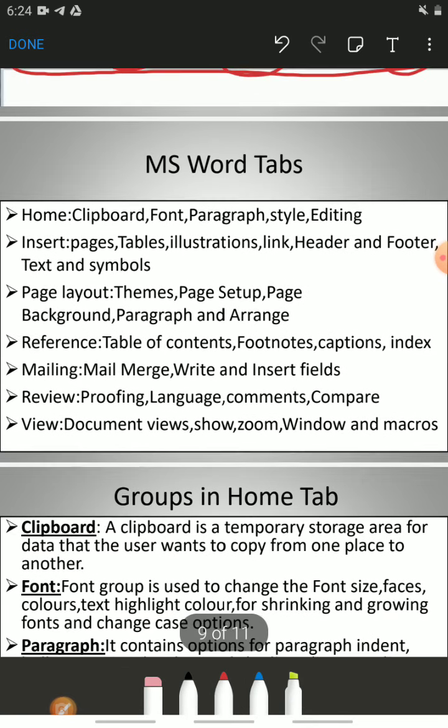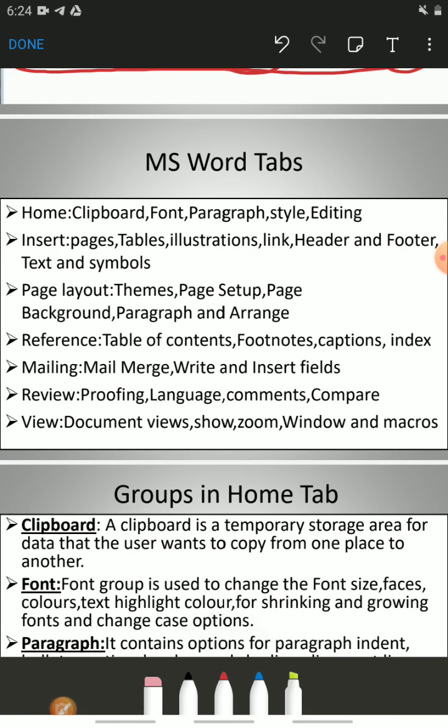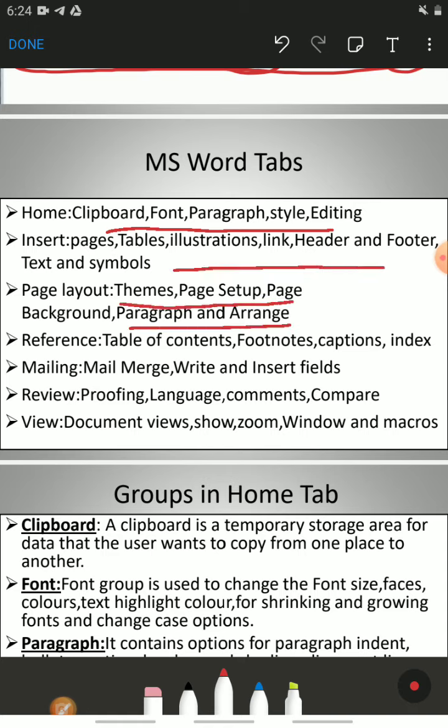So MS Word tabs. Now we will discuss the various tabs of MS Word: Home, insert, page layout, reference, mailing. These are the 8 tabs we will discuss here, and the various groups inside these tabs. So in this lecture we will explain the home tab and its groups.